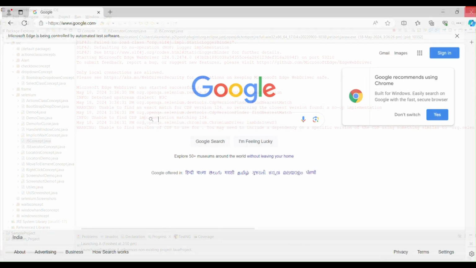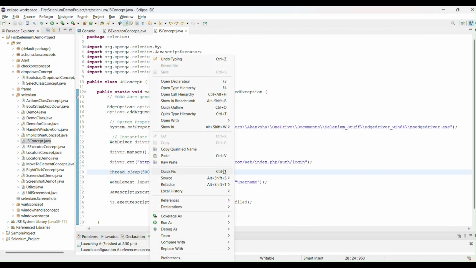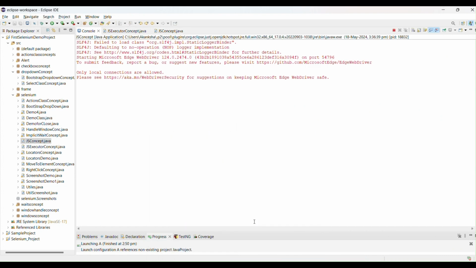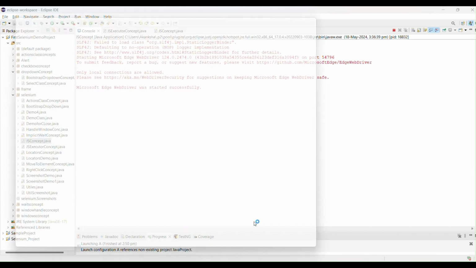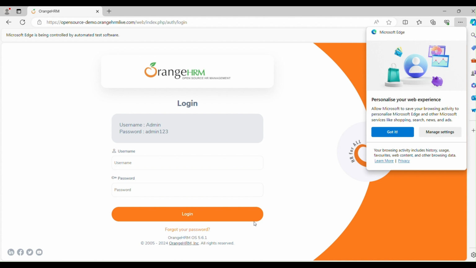I'm running a different program here. Let's run this one. So I'm entering username as Mark inside the username field. It will take 5 seconds, then Mark will be entered. See, guys, Mark entered inside the username field.